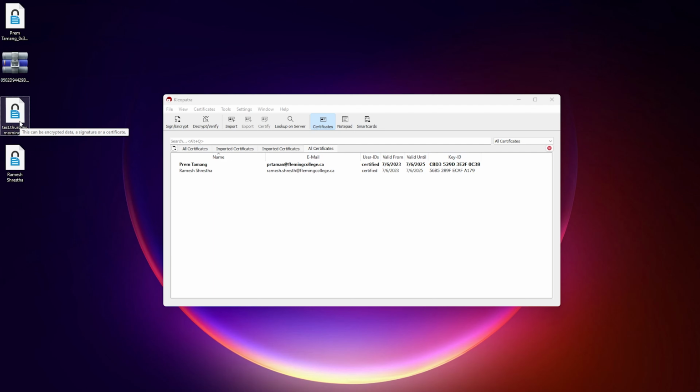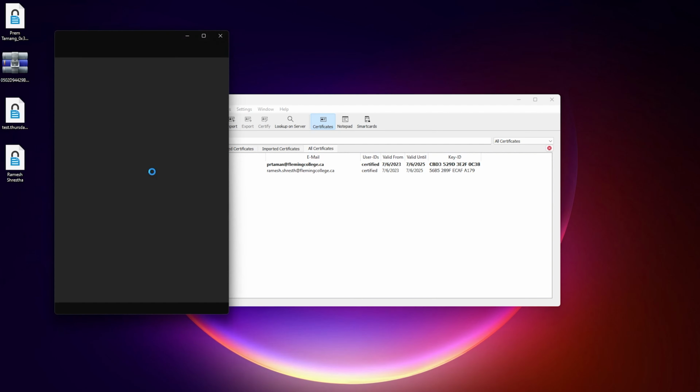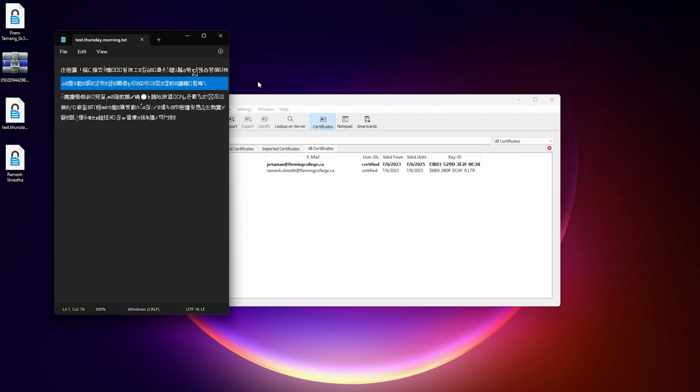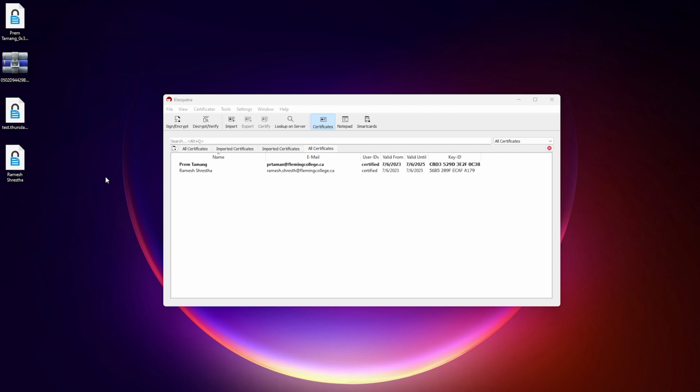Before going forward, I will just have a look into this file. This is the encrypted file, because this is the encrypted content of the file, so it cannot be directly understood. The next thing is I have already certified the public key of my friend Ramesh Trust. And to decrypt